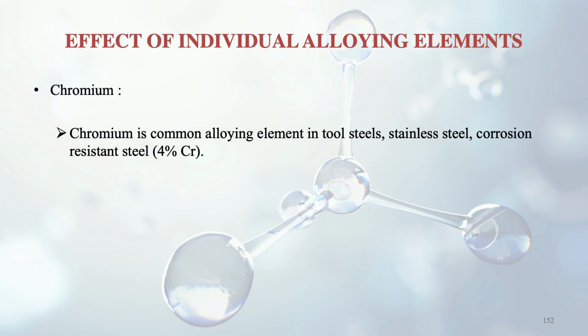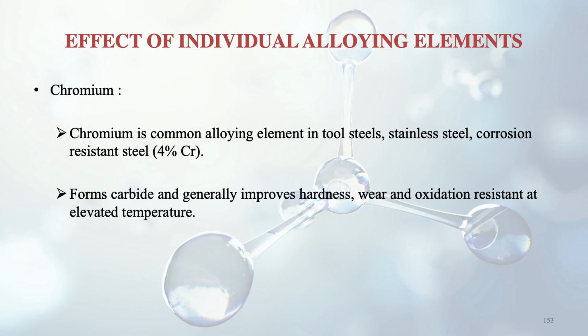Chromium. Now we see the effects of chromium. Chromium is a common alloying element. It's very common, like I have discussed with nickel also. Combined with nickel, it gives good corrosion resistant properties. So it is used very commonly in stainless steel and corrosion resistant steel, and mostly it is up to 4%,